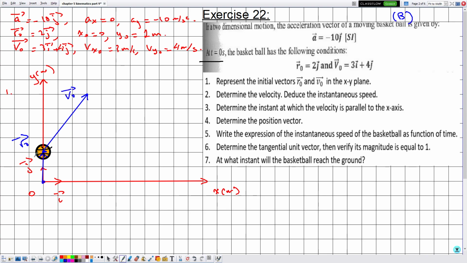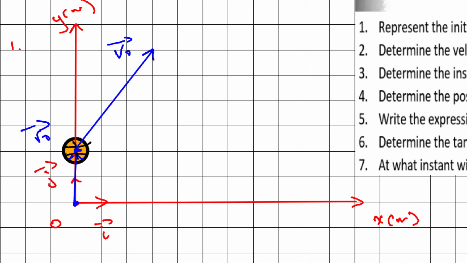So what does this mean? This means that the basket is placed here. So suppose that somebody is holding the basketball like this, and he is throwing the basketball to reach the basket that is located here. So the trajectory in this case will be something like this, that it reaches the basket and hits the ground at this point, say for example. Okay,